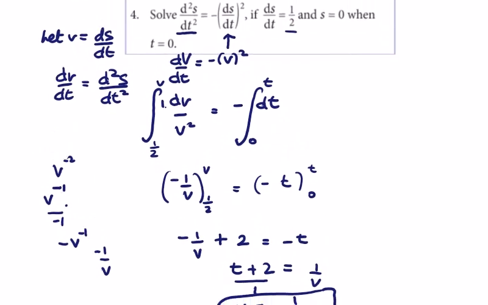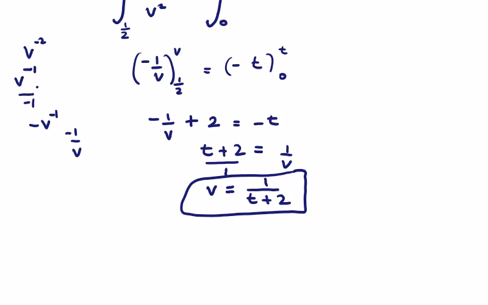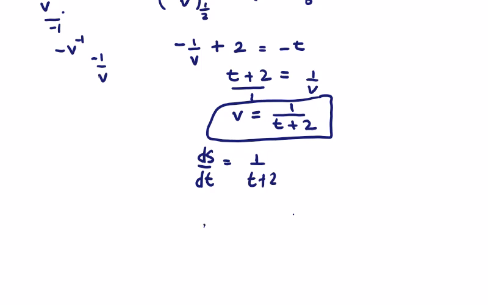So we solve for v, and we have v is equal to ds dt. So then we need to solve for s. V is equal to ds dt. So ds dt is equal to 1 over t plus 2. So ds will be equal to 1 over t plus 2 dt. And if we integrate them,